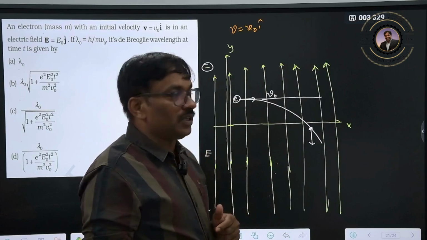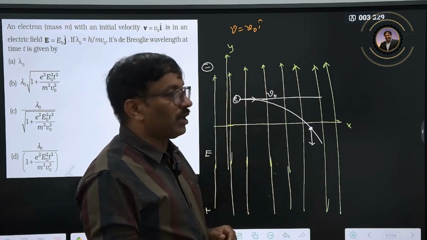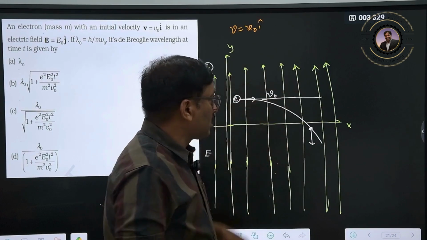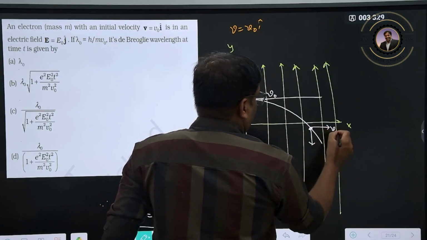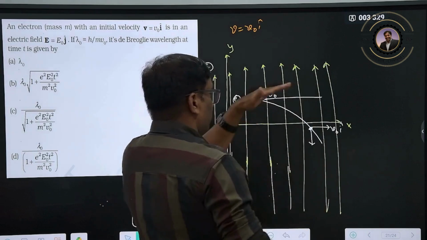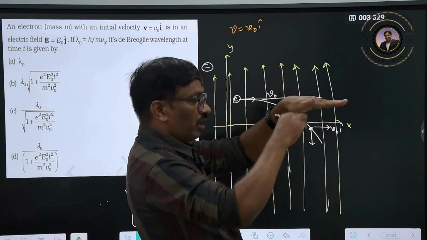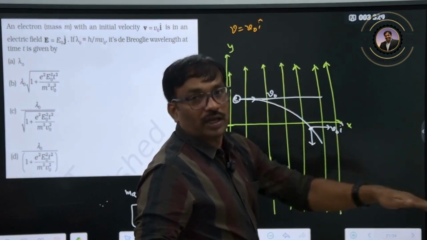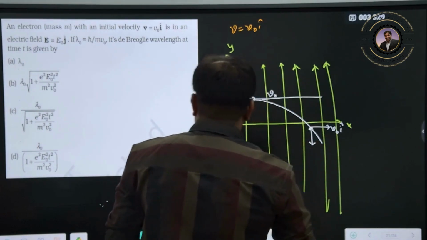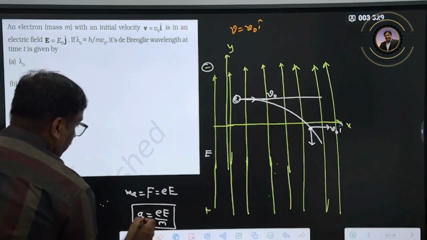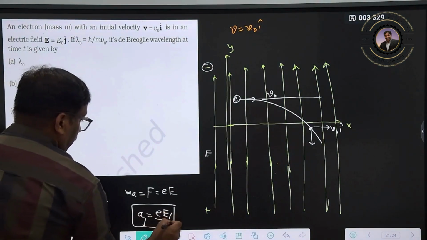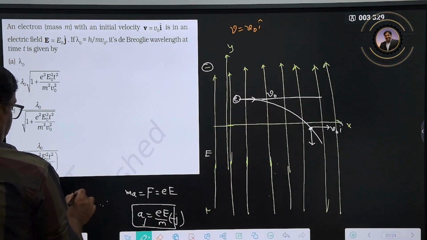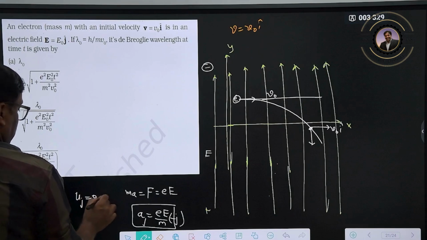If you don't know it, please go through it, I will keep it in the I card here. So, horizontal projectile motion. When it is going this side, the velocity remains the same, V naught I cap. But we did not provide any downward velocity initially. Because of the electric field, it is going downward and downward, so it is going like this. Clear? It is coming downward, along minus j cap.